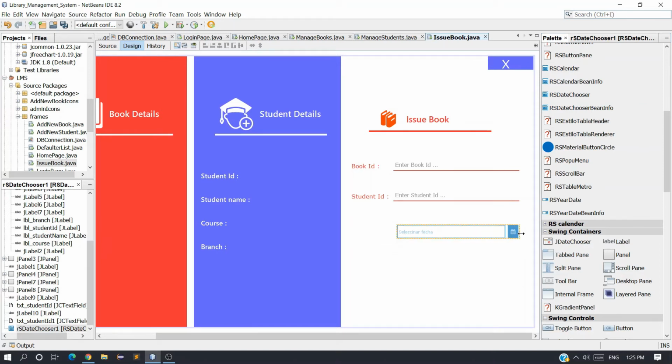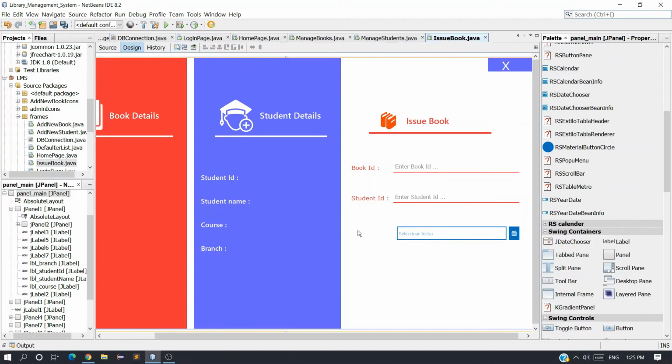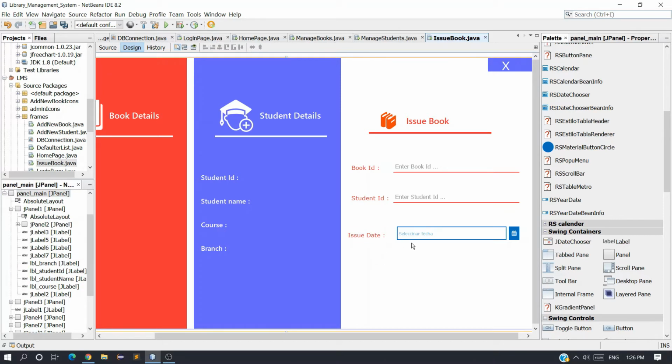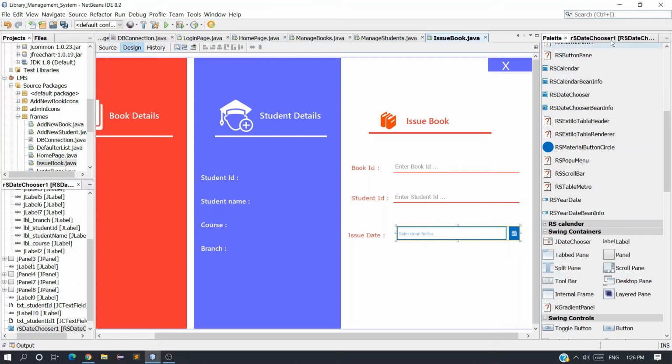and expand the frame. Copy this label, Control C, Control V, and enter issue date, and now Control C. Let me just change the color.